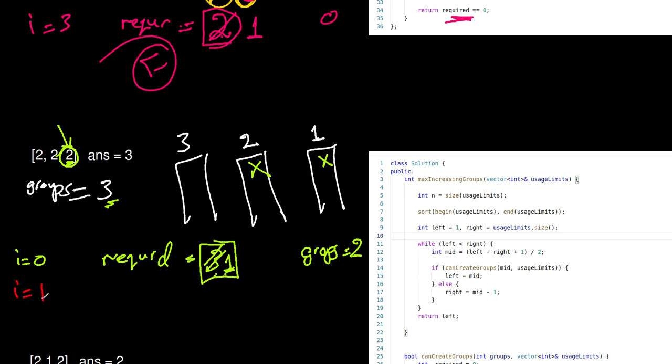So I equal 1. Now required plus equal 2 in this iteration and 1 from the previous, so 1 plus 2 is 3. Required equal 3, and the groups now is 1. Now 3, do we have 3 elements here? No, we have only 2, so we take these 2